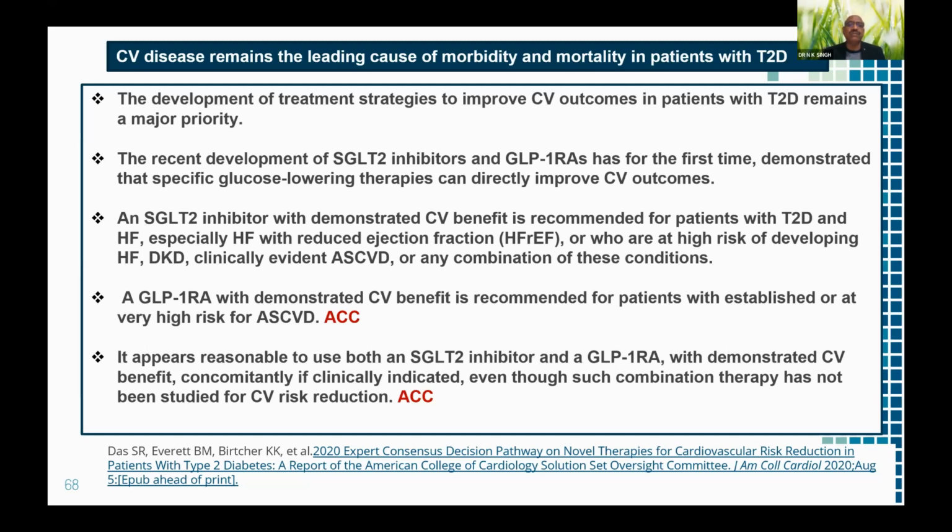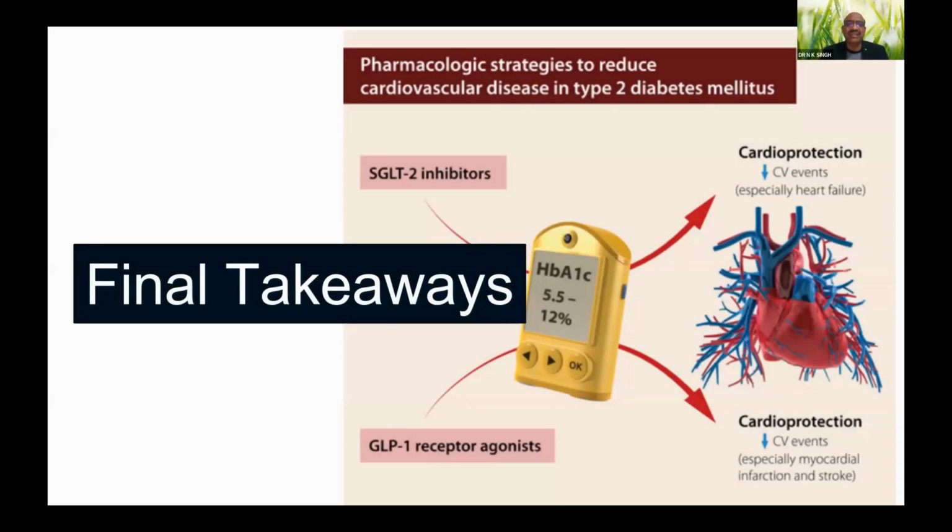But now it also appears reasonable to use both SGLT2 inhibitors and GLP-1 RA with demonstrated CV benefit concomitantly if clinically indicated, even though such combination therapy has not been studied for CV risk reduction, and this has now been stated by the ACC. So this is something new that is happening. So the final takeaways are,